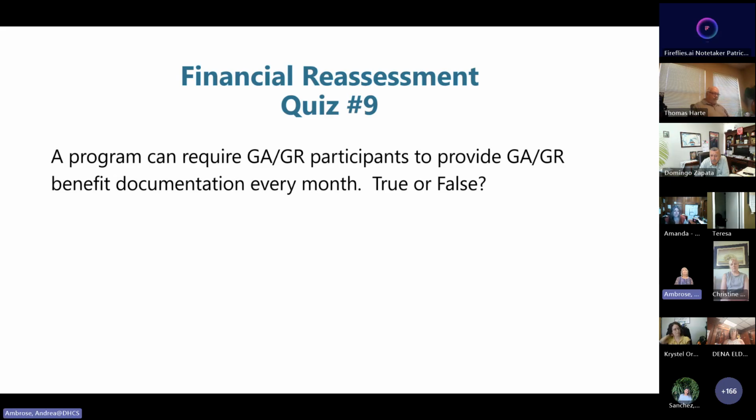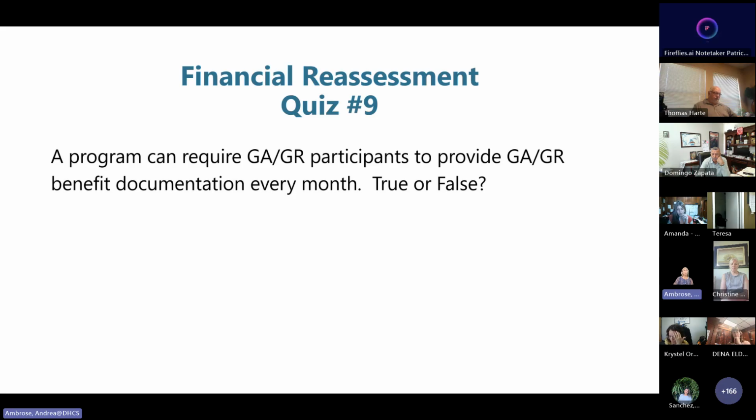All right, let's talk about financial reassessments. Can a program require GA participants to provide their GA benefit documentation every month? Is that true or false? You can require them to provide their GA documentation every month. Okay, pretty much everybody knows that this is a true statement.